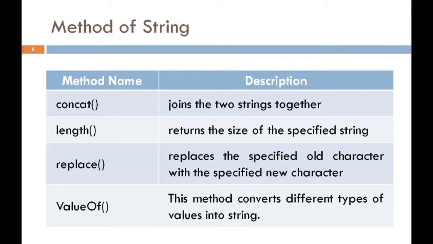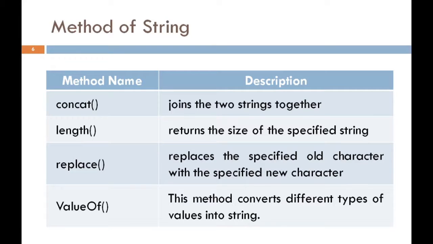The Java string concat method combines a specific string at the end of another string and ultimately returns a combined string. It is like appending another string. For example, I have one string str1 with the value hello, and another string str2 with the value good morning. When we combine both strings using the concat method, the output will be hello, good morning. So this is the method which is used to combine two strings.